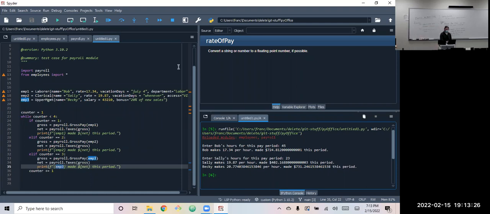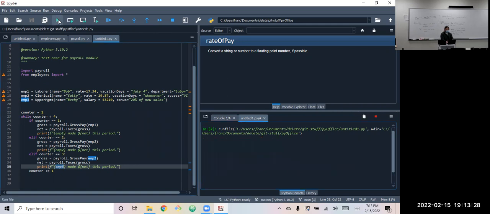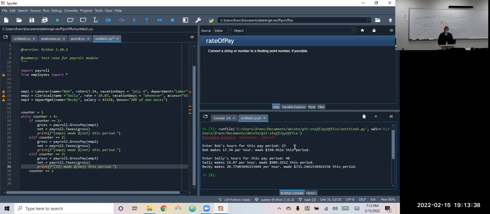So if we're running it again, maybe the following week, Bob works 23 hours and Sally worked 48 hours. And once again, it doesn't ask you about the last one. Once our data is all enclosed in that, we don't really have to think about it again.